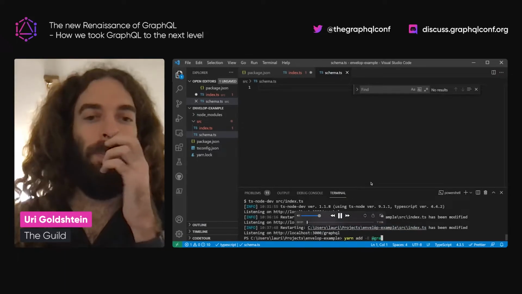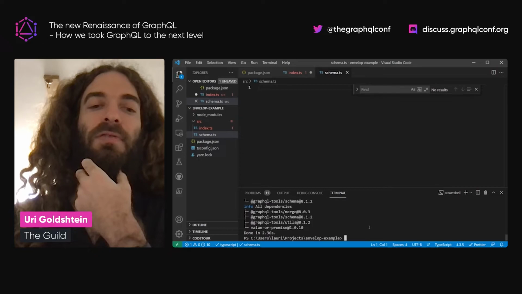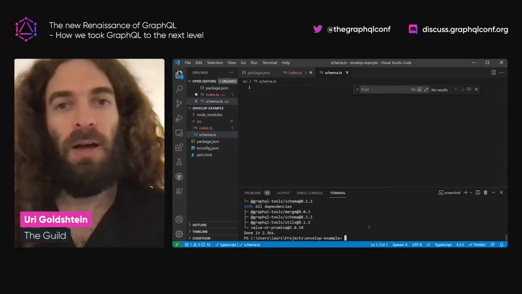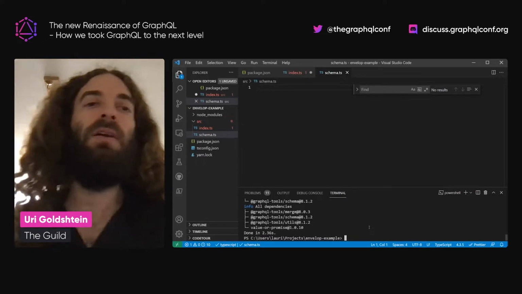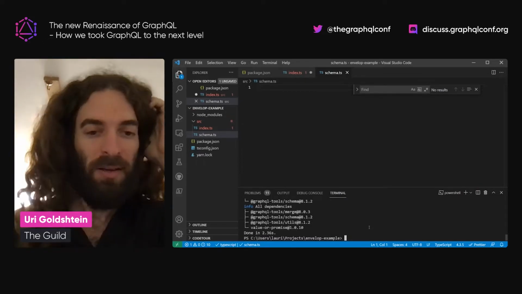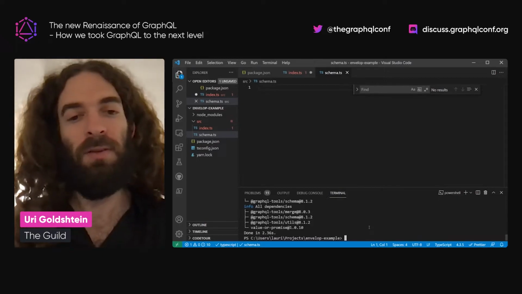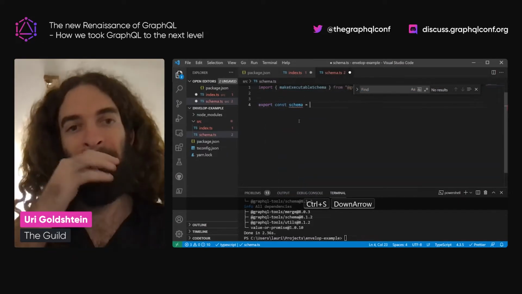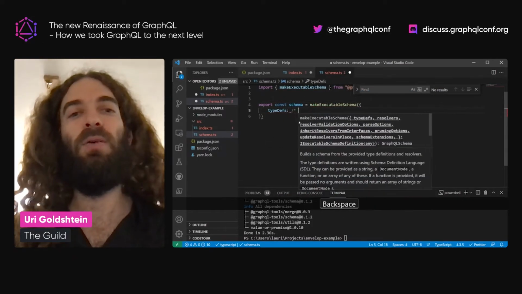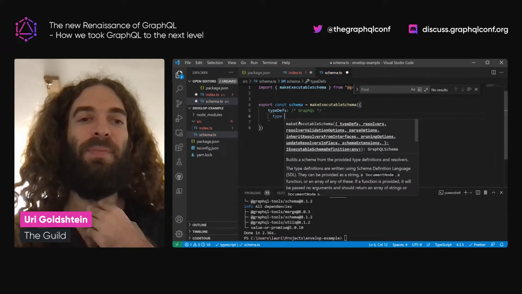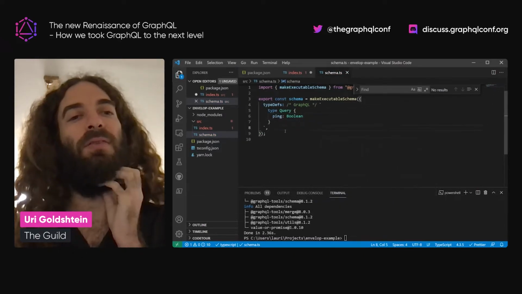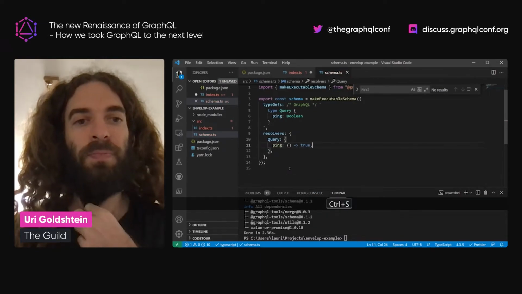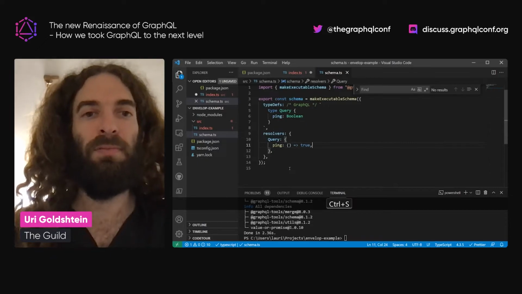Okay, so we're going to start building basically a server from scratch. For that, we're going to use GraphQL Tools to create the schema. But the most important thing here, you can look at this step and use Nexus or TypeGraphQL or whatever you want. So let's just create really quickly a very simple schema. The schema will just have one type and a resolver for now. It's a ping that always returns true. The simplest schema you can think of.